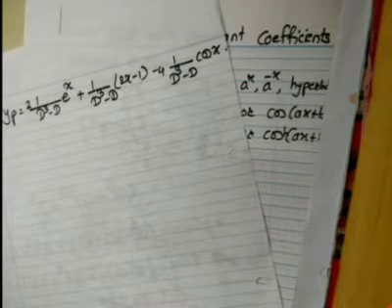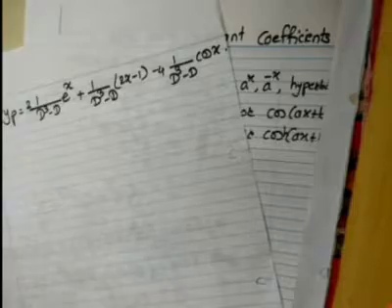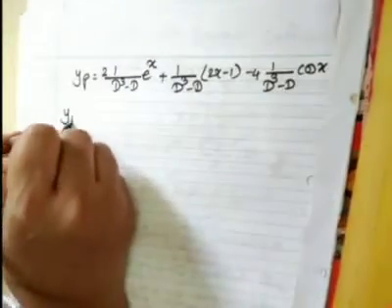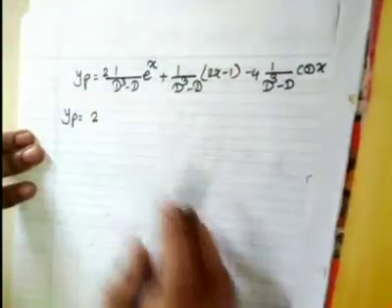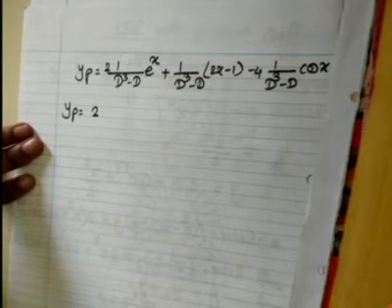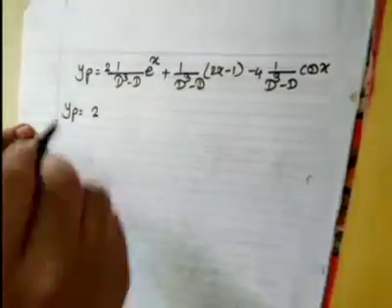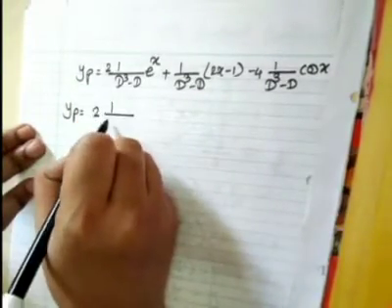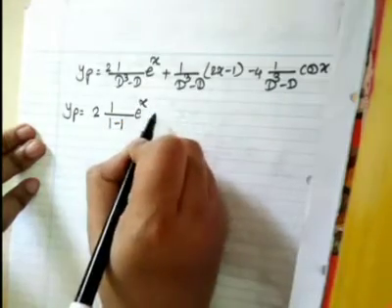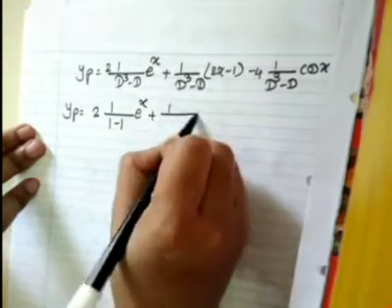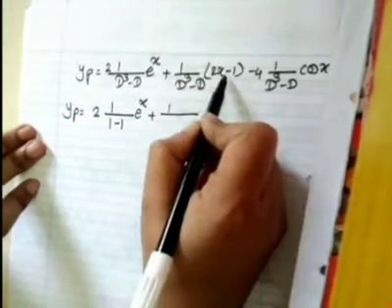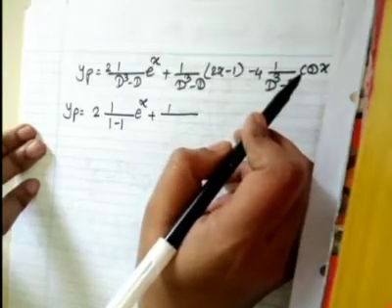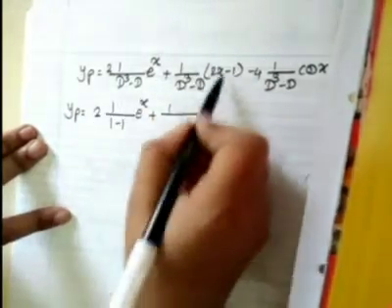We can solve them separately or we can solve them in combined also. Okay, we'll solve it in combined. So yp is 2 into, what is the case? What do we need to substitute here? Yes, wherever there is D, we will substitute 1. So it is 1 cube minus 1 into e raised to x. Yes, plus. We'll think separately. We'll think for this as it is the first case. For this it is the polynomial case, and for this it is the cos case.